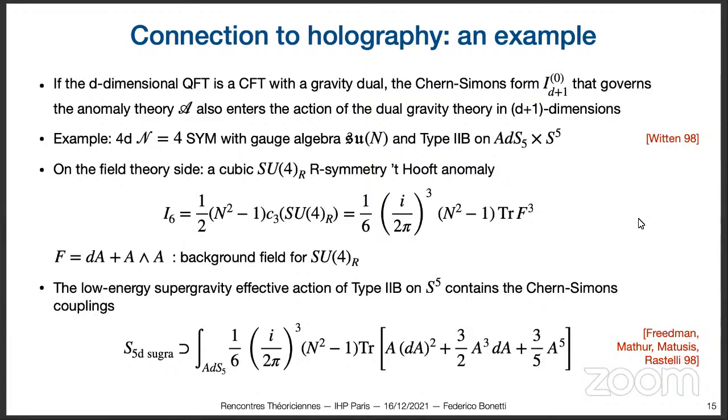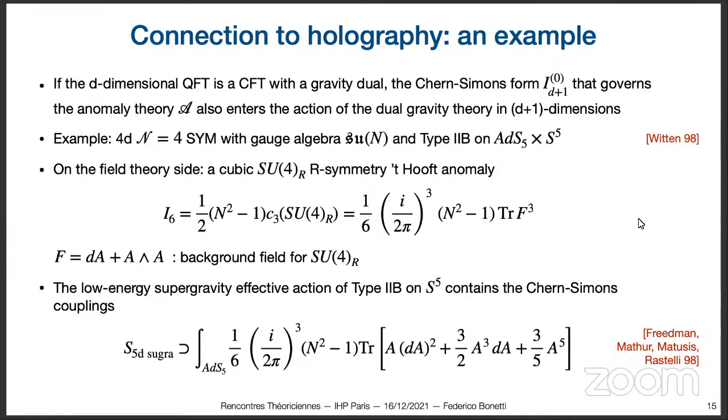So essentially what we would like to do is reverse the logic. Can we use supergravity, and in particular the topological couplings in supergravity, to learn about the anomalies of the field theory? And I think it's good to remain in this concrete example of N=4 on AdS5 times S5